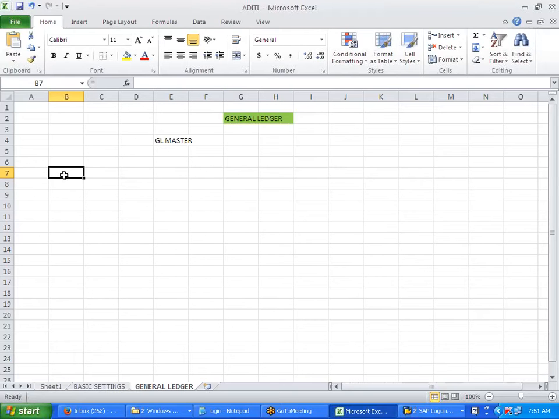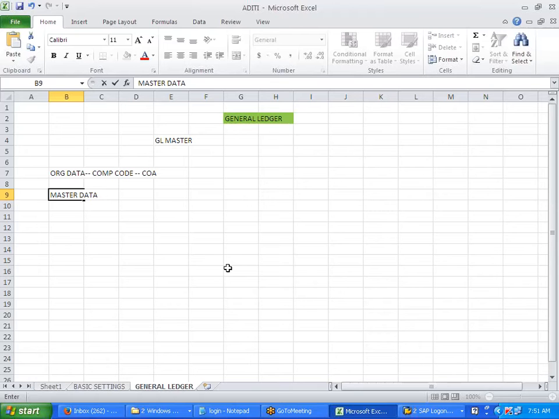Okay, now, getting into the GL master. Before I get into it, the data in SAP gets segregated based on this. We have org data, which I've already done. Org data is related to your company code and chart of accounts. You have configured that, right, Aditi? Yes. All this represents your org data. Then you have something called master data.